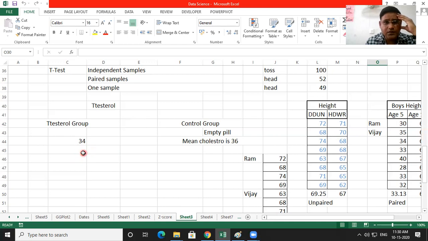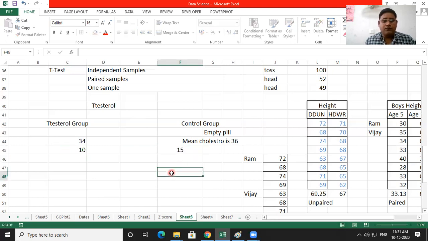Getting the point? Okay. I have given Coronil tablet to this group one, and their corona level is, let us suppose, 10, and the group which was not provided with Coronil tablet, their level was 15. Now, I will not rely on mean only to find out whether this Coronil tablet is working or not. So to find out the significant difference in these two groups, I will apply t-test.